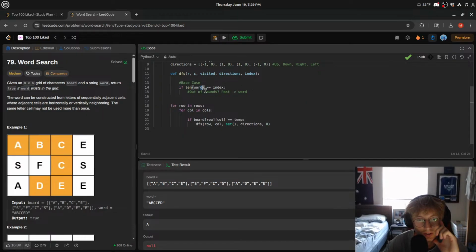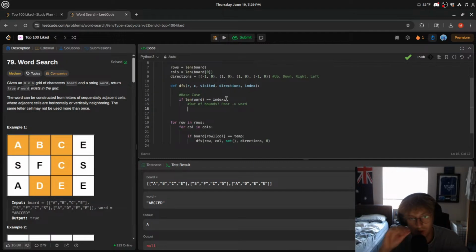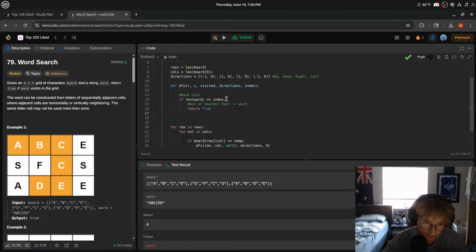Did we check the length of the word is equal to index? And it's out of bounds. So I think here, if we find that, then according to this problem, this is where we'd probably want to return true, right? Otherwise, the way that we would want to return false would be, well, if the current word that we're looking at, right? So we could go, okay, well, if word index does not equal,